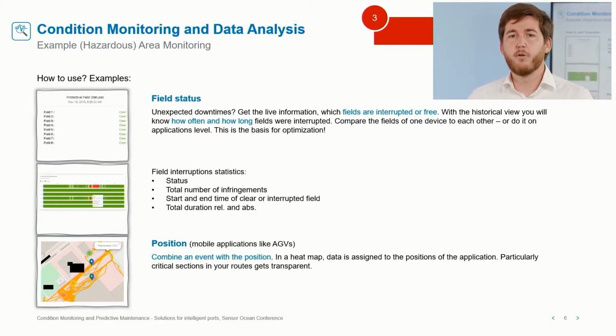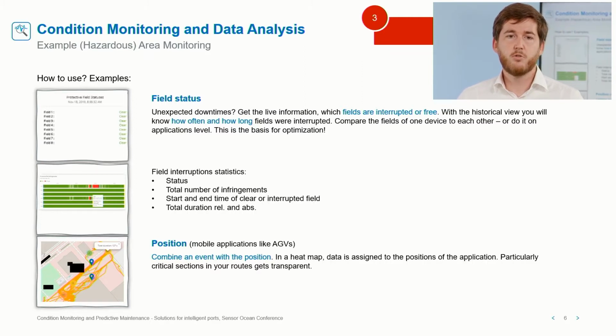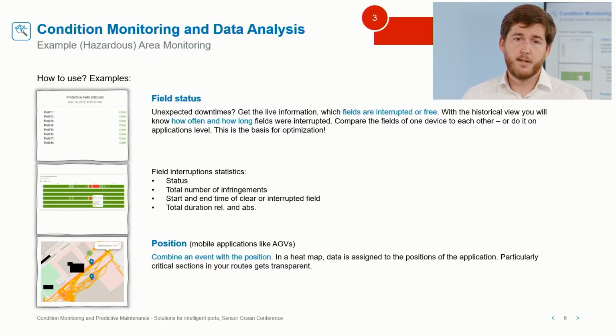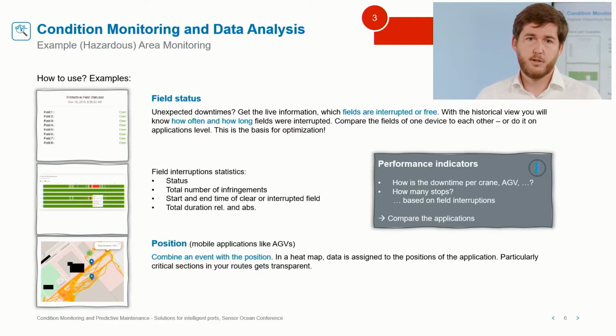And if we talk about a mobile application, we can also add additional information, like the positioning of an HEV, for example. And with this information, you get a lot of important knowledge about your application, like, for example, in corner number 7, you have every time the same problem. And then, of course, you can optimize your application.